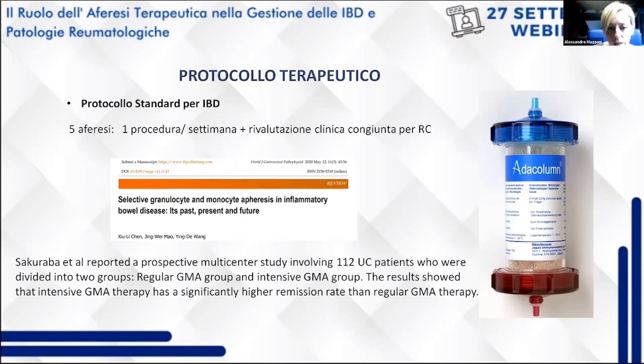So, what we strongly recommend is a clinical reassessment of the patient, because you all know better than me that the clinical condition with which the patient approaches the procedure is what more than anything can tell us how soon a patient can have a clinical response. Simply stated, if you are a patient who is quite healthy, with mild symptoms, who maybe has only an increase in calprotectin,